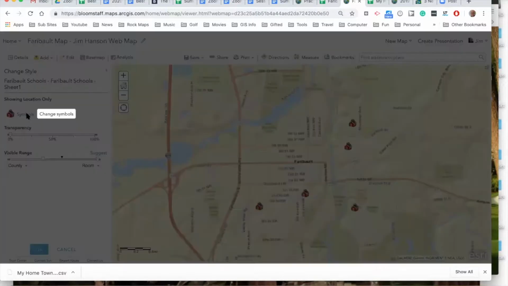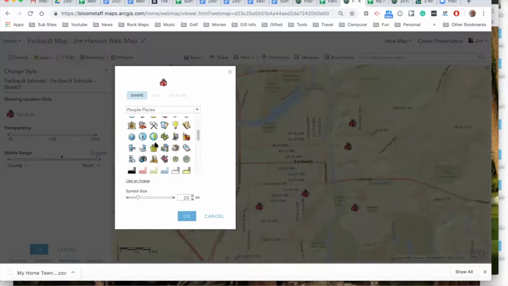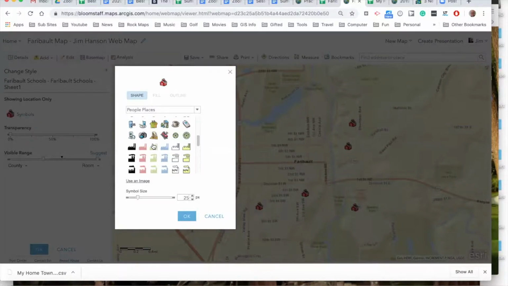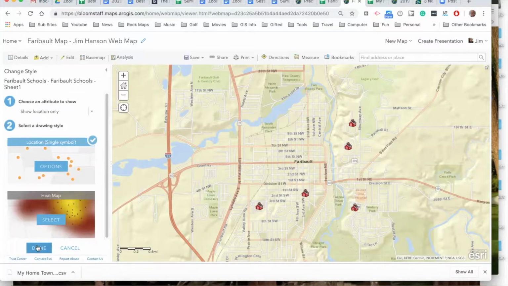I click on symbols. And at this point, I could change it to anything. I mean, there's a fairly extensive list of symbolizations here you could use, but I just happened to pick the one called schools. Maybe you could do an American flag. You could actually import an image if you wanted to. You could find one on the internet, and if the URL worked correctly, you could use that as well. So you could design your own symbol if you want to, but that's not something that we need to do. And then once you've got everything set the way you'd like it to be,